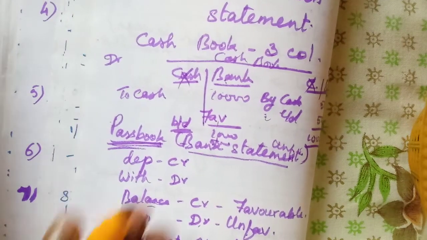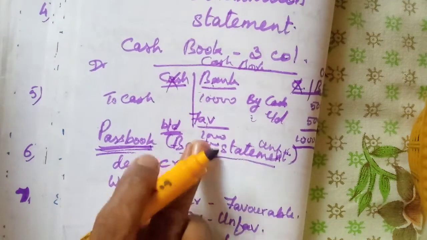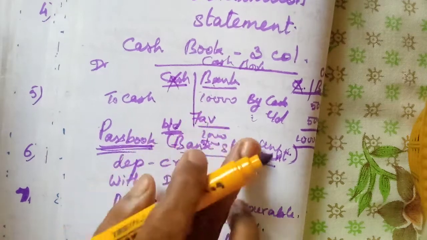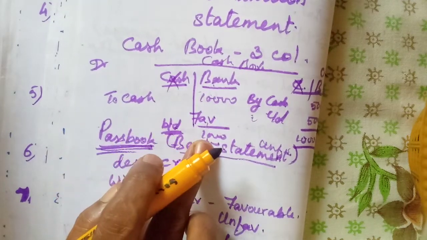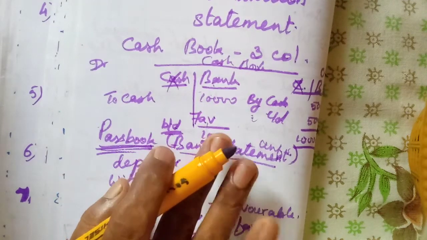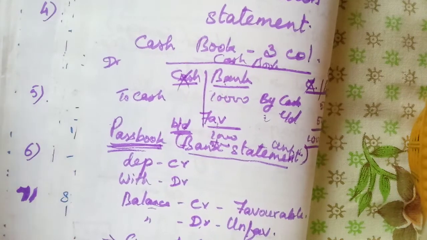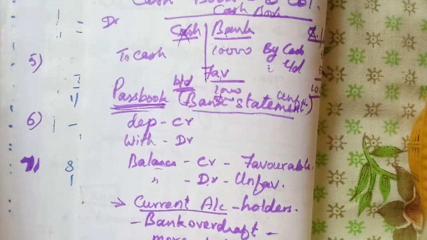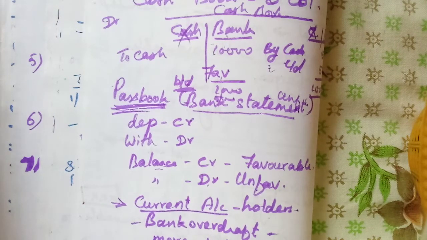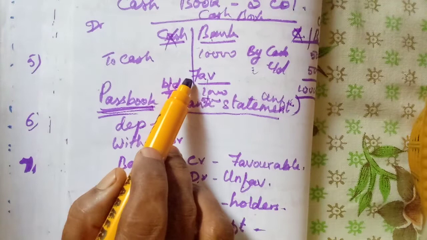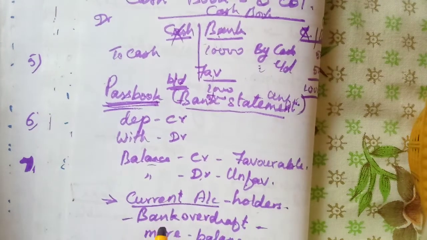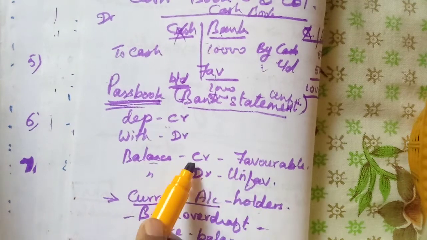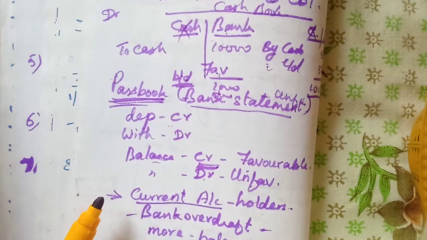Okay, because we have more deposits here, isn't it? More debit balance, so we get again the balance brought down 5,000. So a debit balance is a favorable balance. Here it is an unfavorable balance. So it differs. If the favorable balance shows here, in the passbook also we should have a favorable balance, that means the credit balance in the bank passbook.